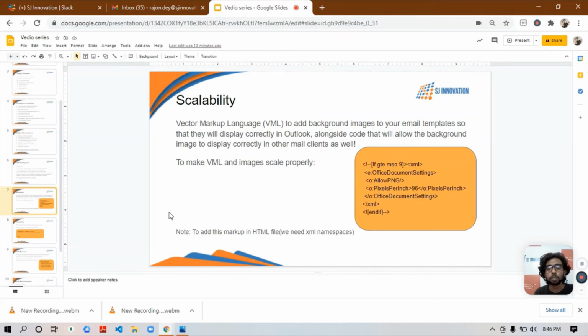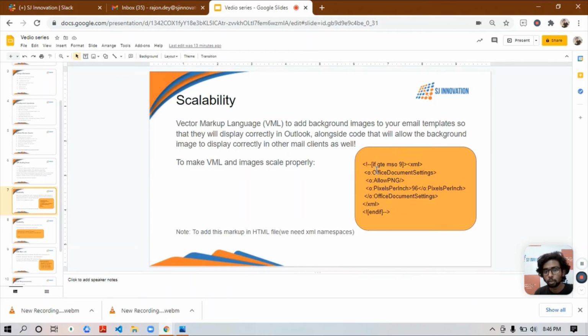This particular code you need to put in your styles. Why? Because there are some images and VML that require proper scaling. VML stands for Vector Markup Language, used to add background images to your email template so that they display correctly in Outlook.